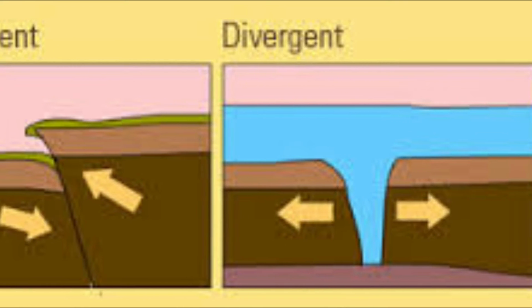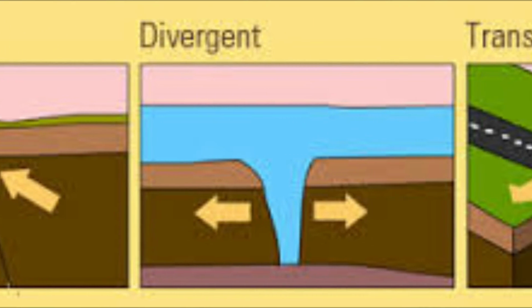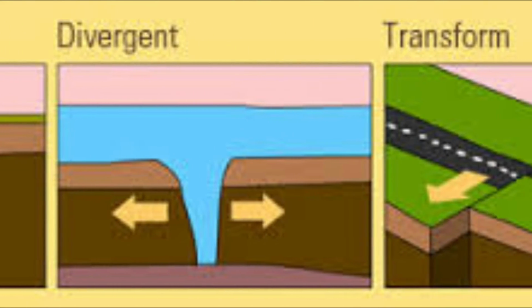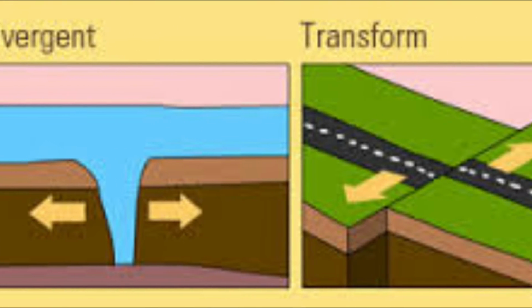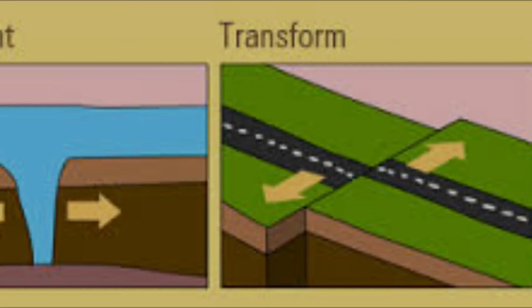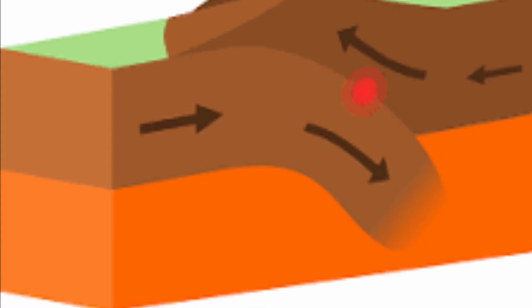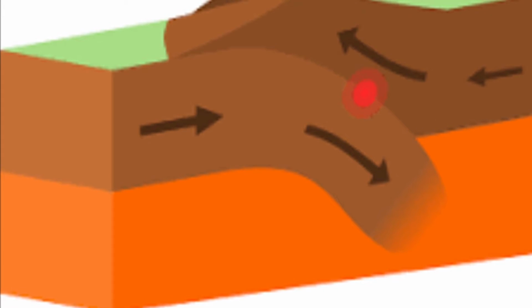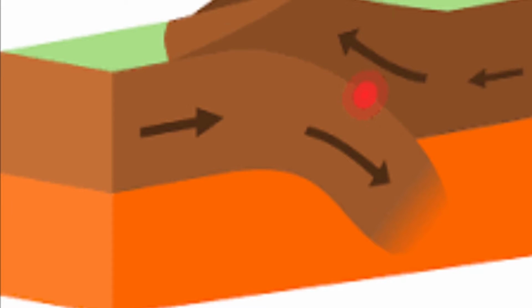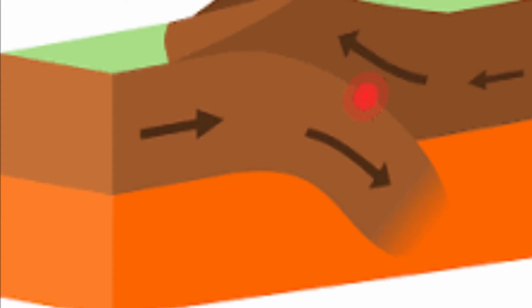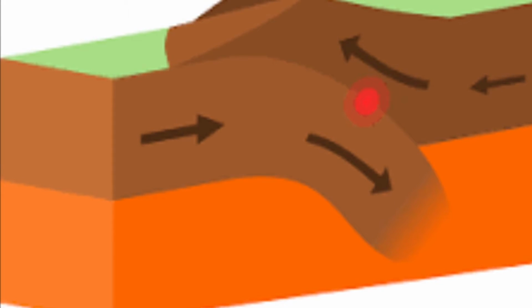There are three types of earthquakes: the convergent boundary, divergent boundary, and transform fault. Firstly is the convergent boundary. The convergent boundary is where one plate is forced over another during earthquakes, forming mountains, causing a process which is